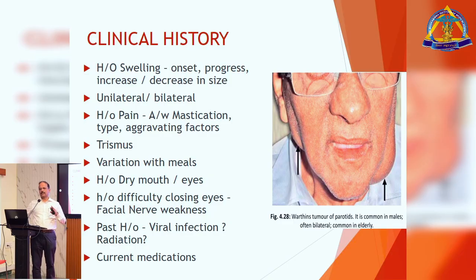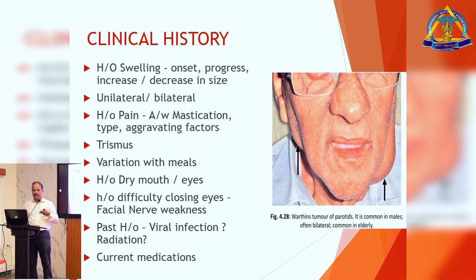So what are the things you will ask? Suppose somebody has come to you with a parotid swelling, or a swelling in the region of the parotid, or somebody has a swelling in the submandibular region. What are the things you ask in general? Where did the swelling start? How has it progressed? What are the associated things? Is it associated with pain? And in this region, the locoregional function is opening of the jaw and mastication. Is there any trismus? One peculiar thing which is relevant, which you can ask, is